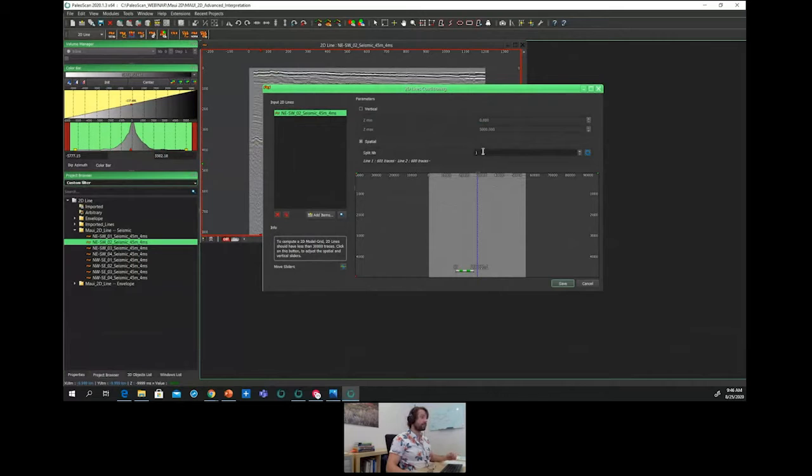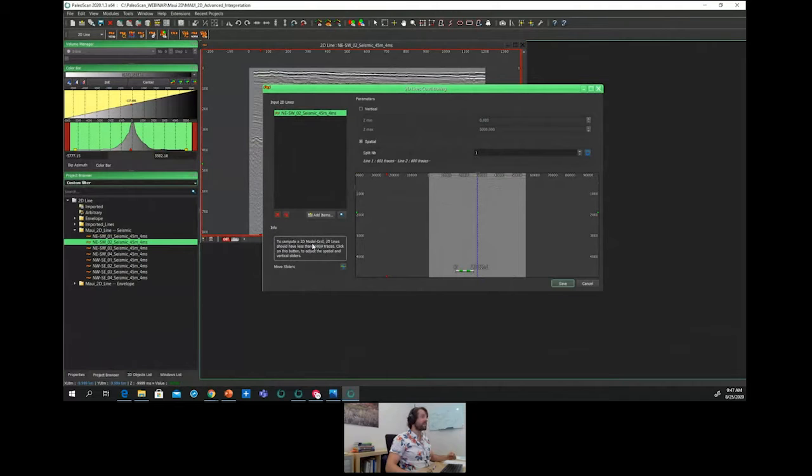So by default here, by splitting it with one limit, we split it in two parts, one part with 601 traces and another one with 600 traces. It can be split in 3 or 4 parts, for instance. So it is totally tailor-made for the interpreter, and we can refresh, of course, this split number.